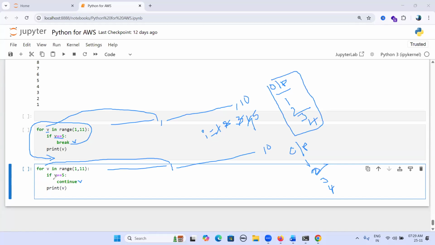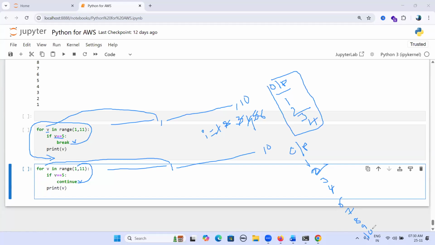Coming to the continue example, 5 equal to 5. Yes, the condition is true. It will not execute the remaining statements; it will go to the next iteration. Then the i value becomes 6, and 6 equal to 5? No, so it will print 6, 7, 8, 9, 10.